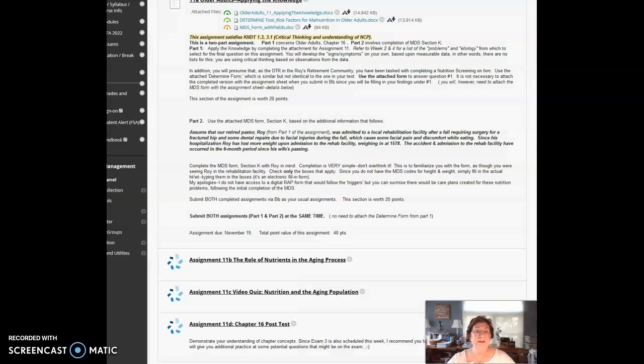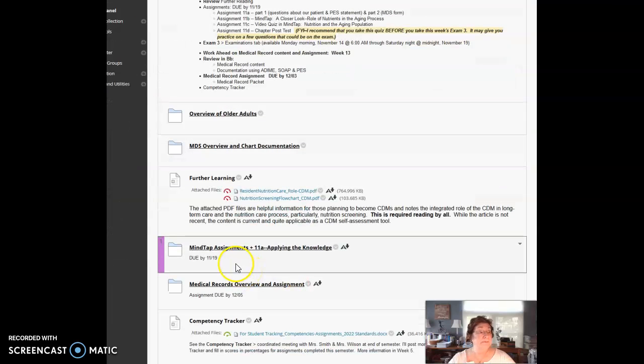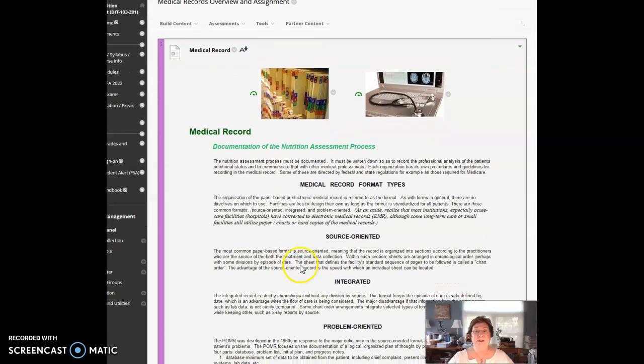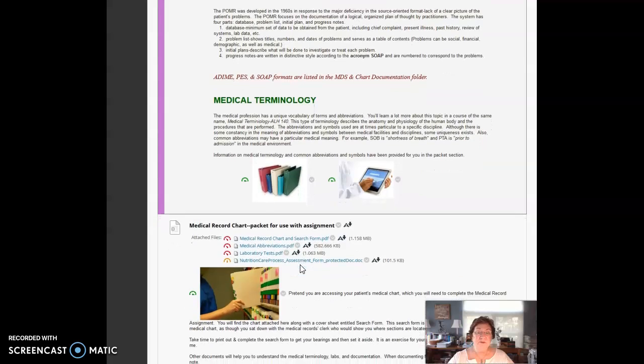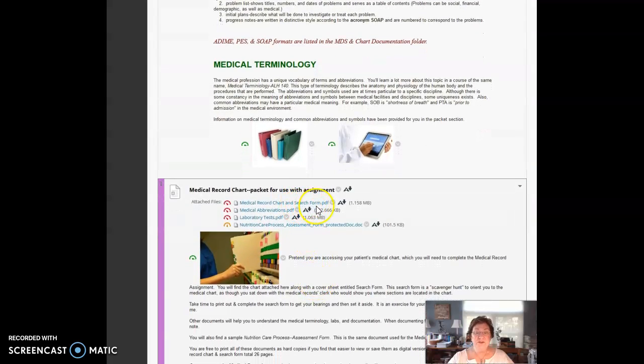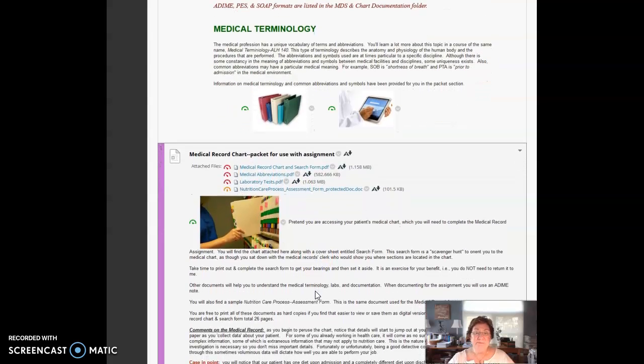All right, let me go back, and the large medical record assignment is not due until the first Saturday in December. That's at the end of week 13, and of course that's in this particular folder. So again, don't panic about this. Use the search form to help you investigate that medical record, and then